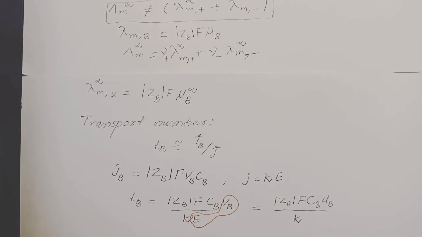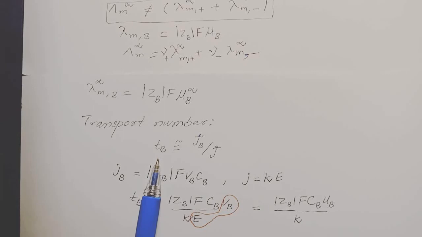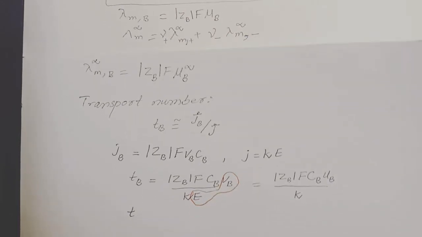So here the transport number for a particular species, for example for species B, is given here. It can be calculated using the mobility and the conductivity measurements. As the total mole fraction of any solution must be equal to one, the transport number for the overall solution must be equal to 1. For example, the total transport number for all